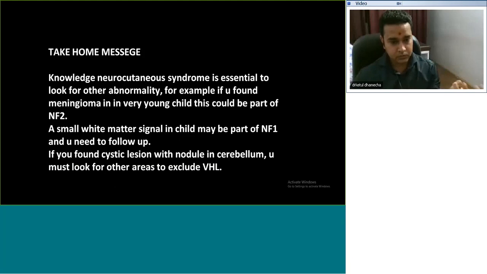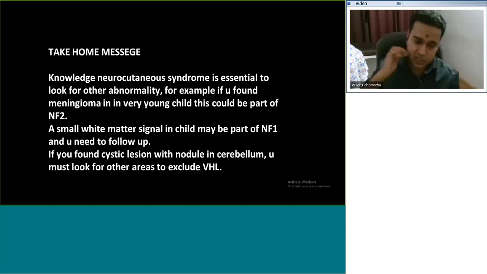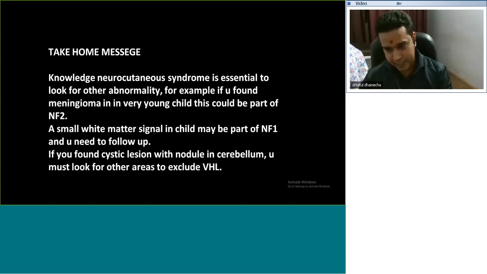Similarly, if you find a cystic lesion with a nodule in the cerebellum, like in VHL, there is a 20% chance of multiple abdominal as well as chest and other abnormalities. So this is the take-home message from the neurocutaneous syndromes. Vice versa, if you see a patient with skin lesions, go and screen the CNS, and if in the CNS you find something related to this, go and screen the other areas to find the abnormalities and to have the